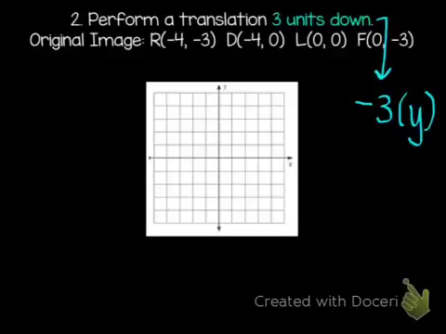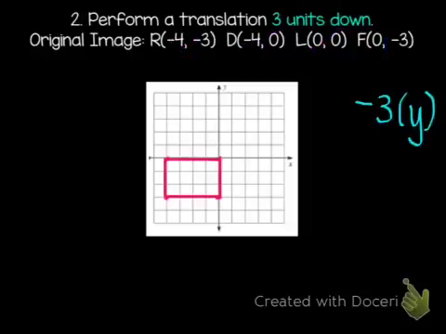But before we do that, I want to go ahead and graph, like plot, these points. So you'll notice I've got R at -4, -3. Our next point is at -4, 0. So I'm going to go to -4 and nowhere up or down. Point L, or coordinate L, is located at the origin, 0, 0. And our last coordinate is at 0, so don't go left or right, comma, -3, so